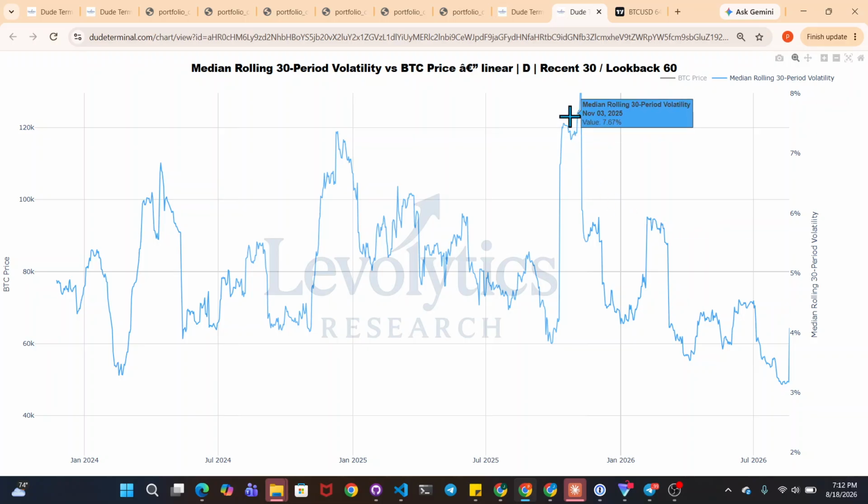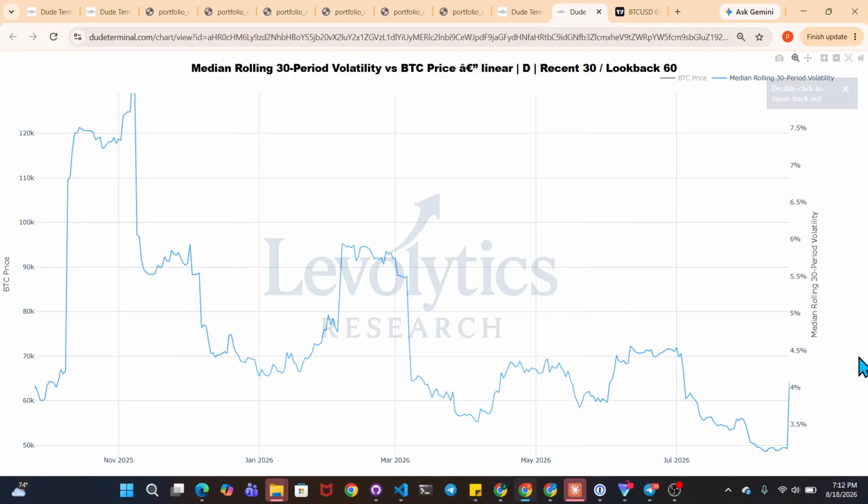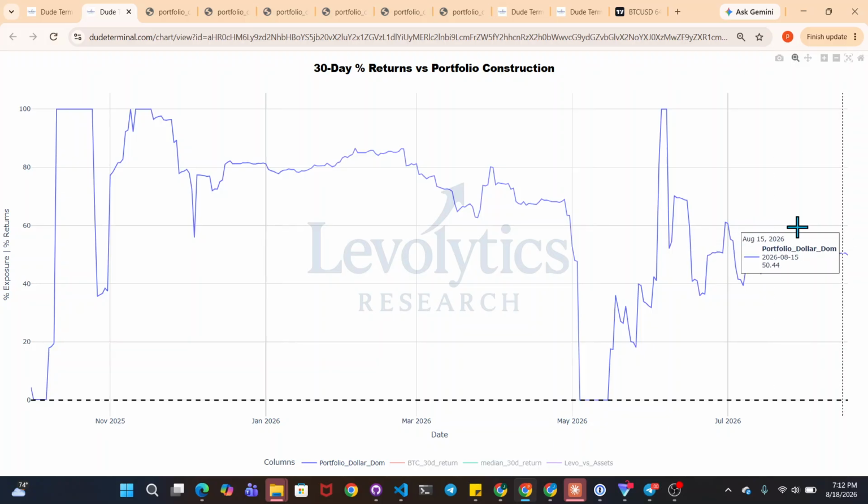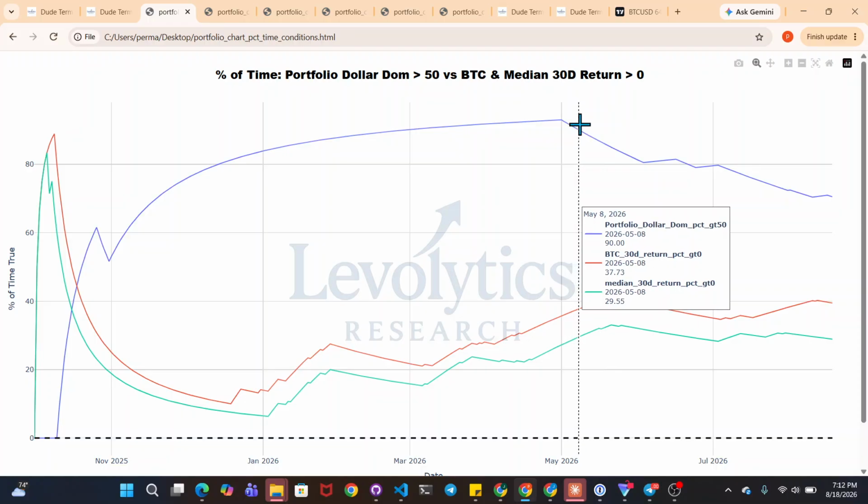You can see since November 2025, it's been down only. That's what happens in crypto bear markets. Down only volatility. Things are really boring around crypto right now through a long summer. So don't need to overcomplicate things. And that's exactly why the Levelytics book remains 50% exposed to the market. And over time,